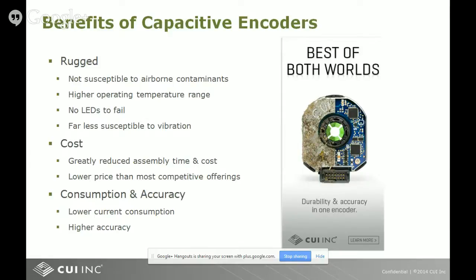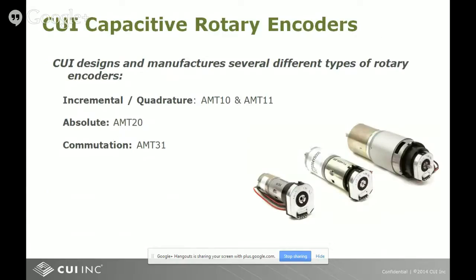So we wanted to go for as low current consumption as possible, but also have high accuracy. Sometimes when you select a magnetic encoder over an optical one for an oily or dirty environment, you sacrifice some of the accuracy. We're able to work in those environments because of the capacitive technology, yet still have high accuracy. So what CUI has in our capacitive encoders is some incremental or quadrature encoders,